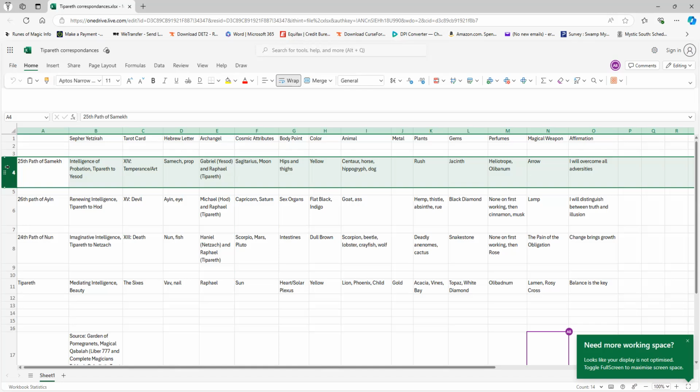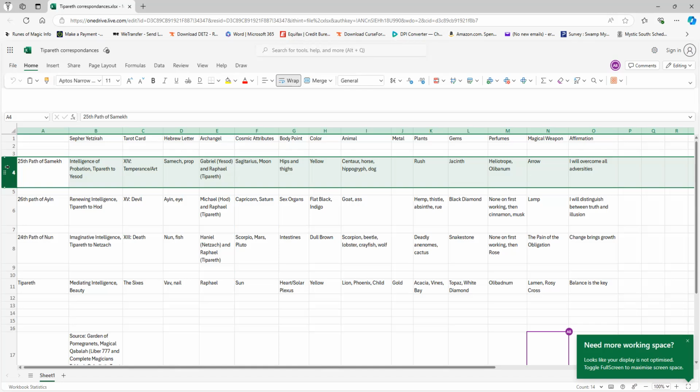It's a simple card. It's a simple letter. It relates to Sagittarius, the archer, firing his arrow up the tree. The body points would be the hips and thighs. The color would be yellow. The animal would be a centaur, horse, hippogriff, or a dog. A hippogriff is